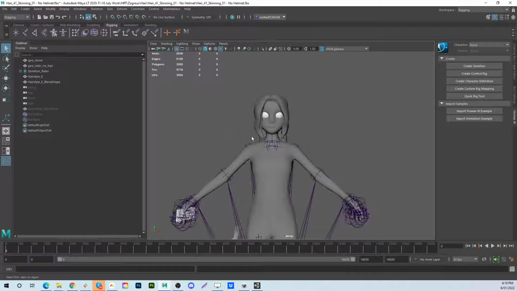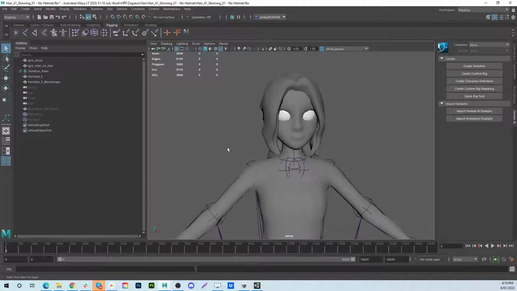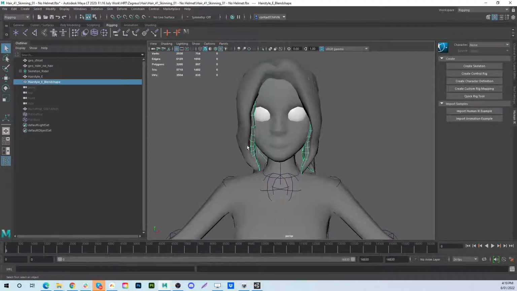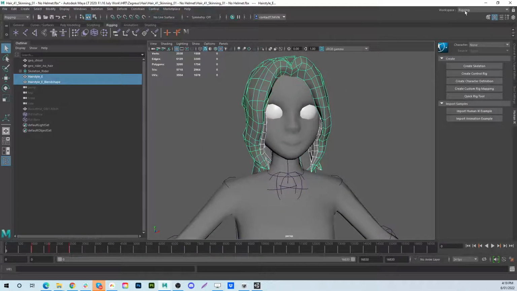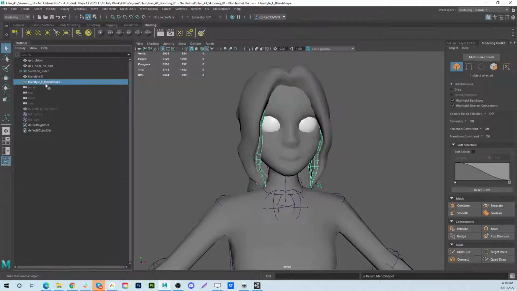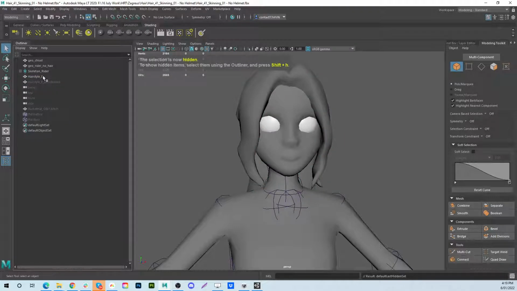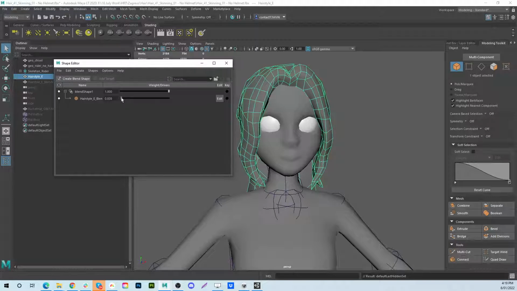Anyways, make sure you're in the bind pose before you start working, and before you do the blend shape, just make sure you're in bind pose. So you select, I believe, your blend shape first, then your model, and then this will be under modeling. You go to deform, blend shape. Now we can hide the blend shape model, and if we click on this hairstyle and we go under Windows, under animation, and we go to shape editor, we have a new slider here,